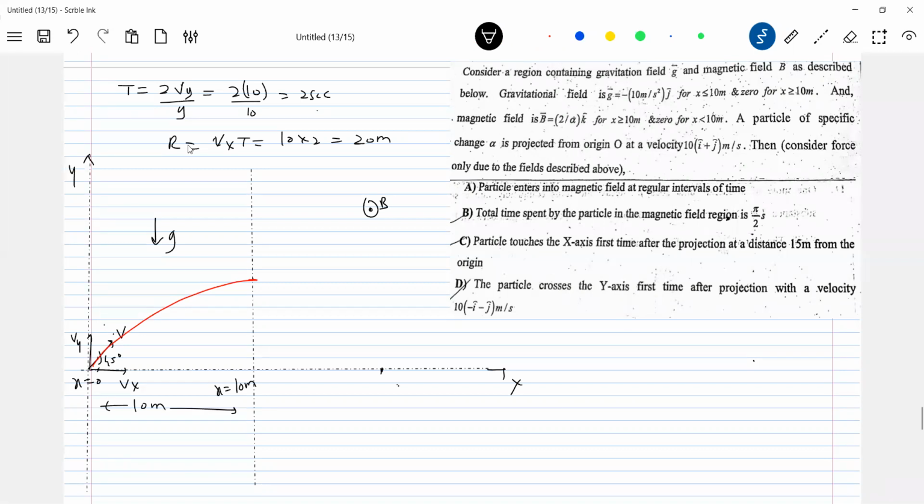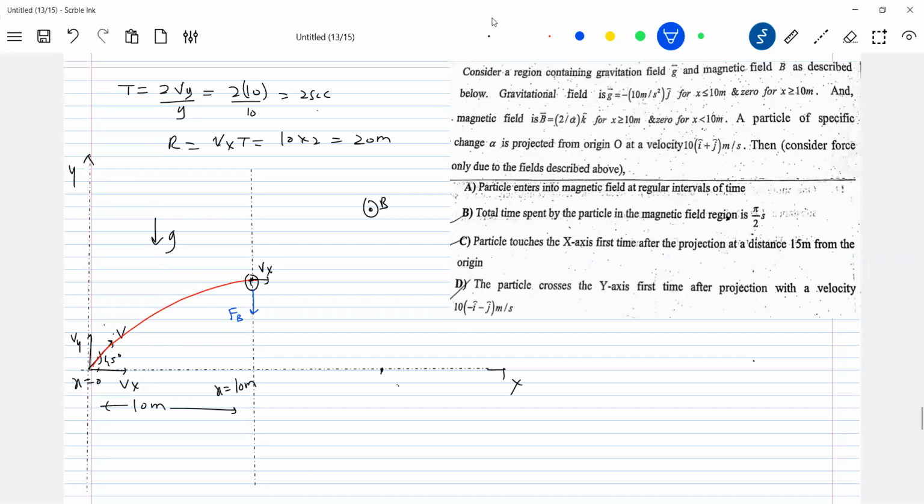So at the highest point, what happened? It will enter this one. Y component of velocity will be 0. So then it wants to complete the path. But because of the magnetic field now, what is the type of motion it's going to describe? So again, come for this one. It's a positive charge particle. B bar velocity. How will the force be acting on it? The magnetic field will exert a force because of Vx, magnetic force. How will the particle move?